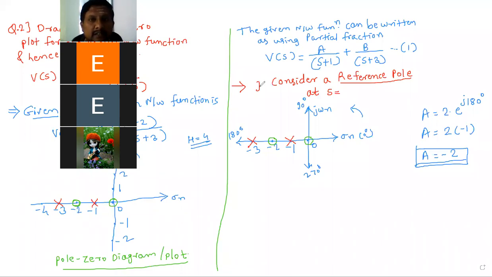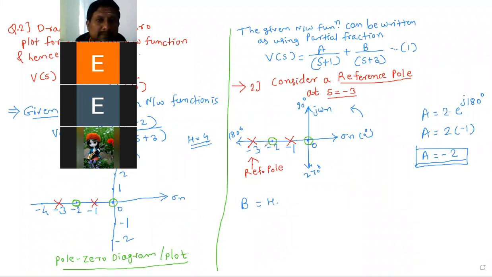Now second point, consider a reference pole at s is equal to -3. This is the reference pole now. Now we have to find out the value of B by putting the expression. So B is equal to